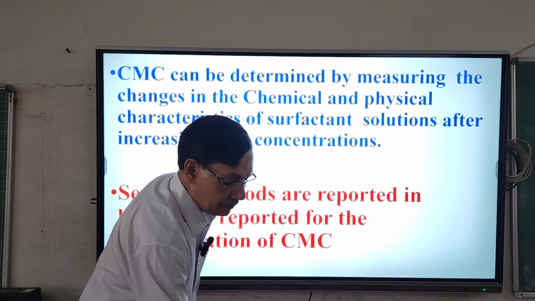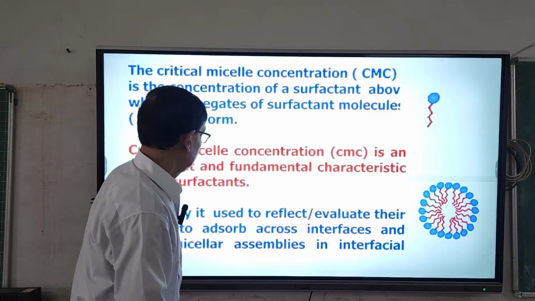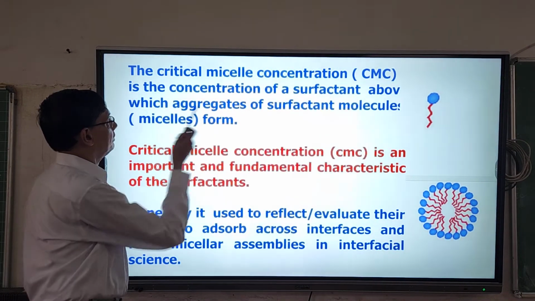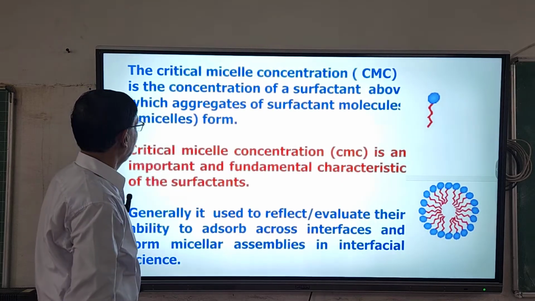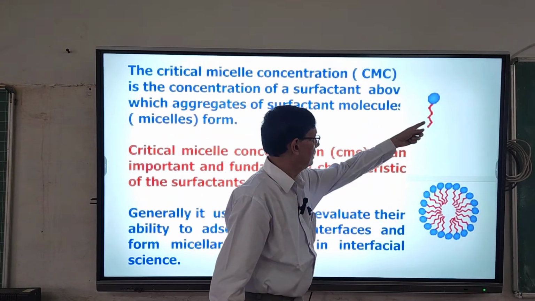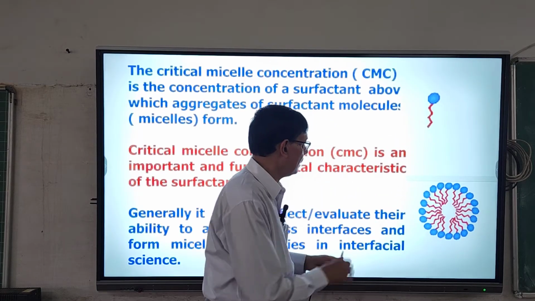The critical micelle concentration is the concentration of a surfactant above which aggregates of the surfactant molecules form. Just you can see surfactant and micelle. So we have to